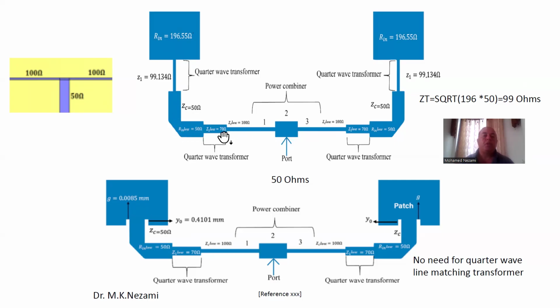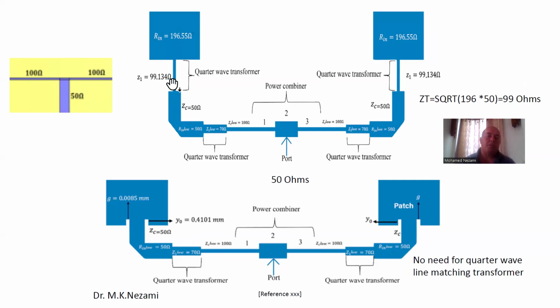So first of all, we transform the 100 to 50 using a quarter wave transformer, which is 70.7 ohm. Now, with the 50 ohm up to this point, we have to again use another transformer, which in this case is a quarter wave, which is